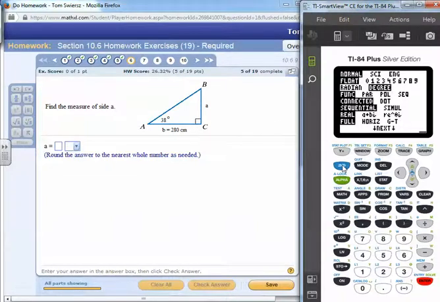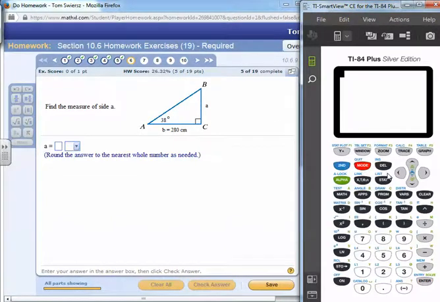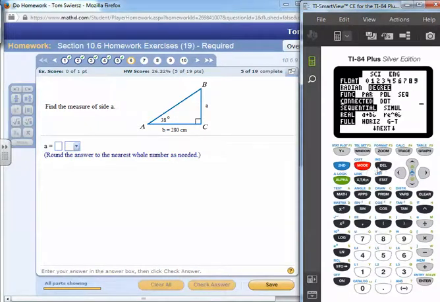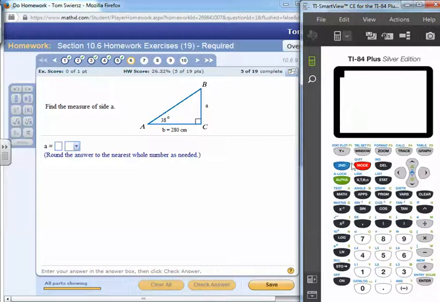You can then go second quit, and you'll be in degrees. Again, you hit the mode key, go down to the third line, highlight degree, hit enter to save it, and then hit second quit to get out of there, and you'll be back in. So now remember, it was 280, and if you just do 280 times the tangent of 38 degrees, a right paren, you can put a multiplication sign between, and you get